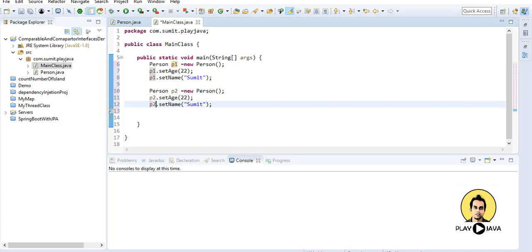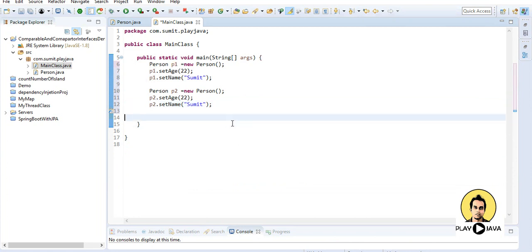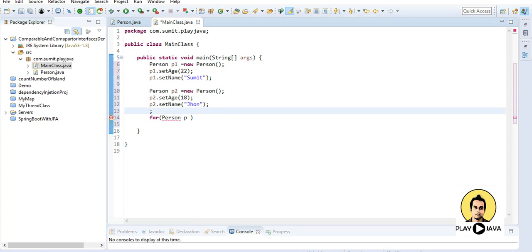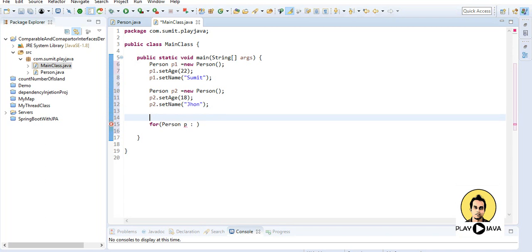Another thing I'm going to do is to provide age as 18 and call it John, and I'll apply a for loop for Person p from the list of person, and I'll create a list of person.